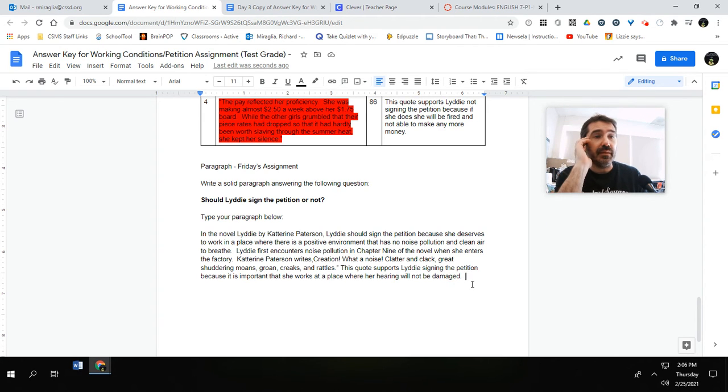You see how basically this paragraph is writing itself if you did the work. If you did the work. Okay, so you had to come up with a claim, and now you're doing your two quote sandwiches. Introduce the quote, explain the quote, have the quote. So now I need to introduce the second quote. Another detrimental, another negative environmental working condition.